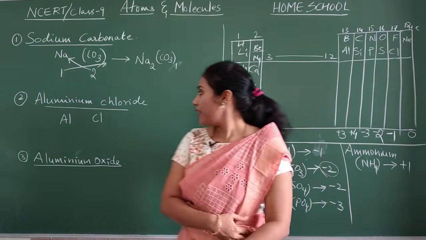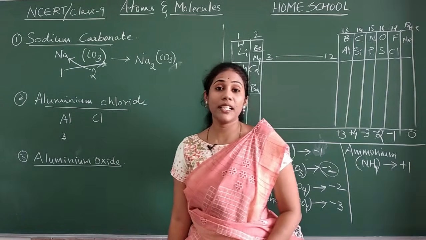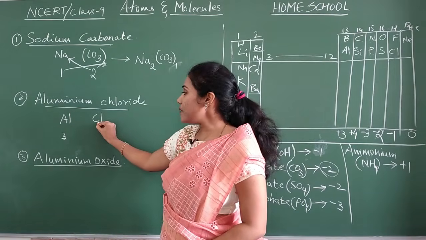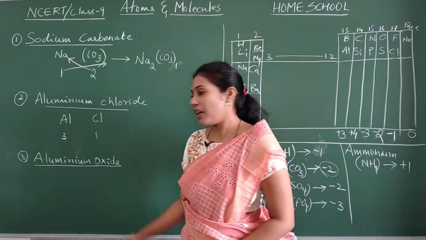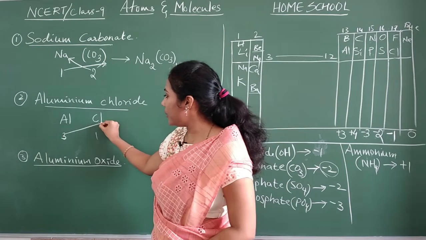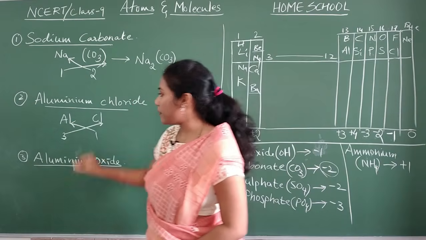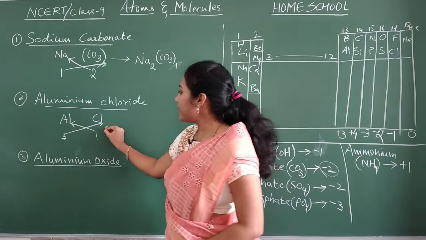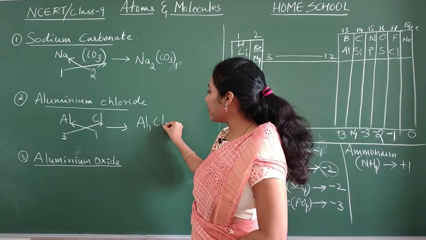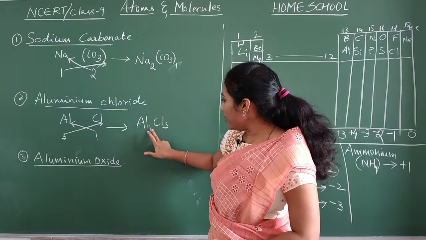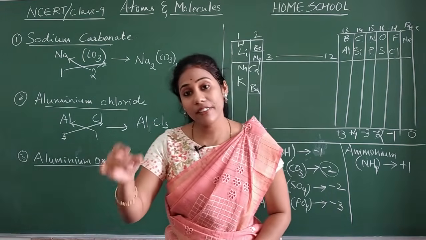Only for the elements I am talking. Okay, fine. Aluminium valency +3. Plus I no need to consider. Only 3 you can consider. Cl's valency -1. Just consider 1. Now do crisscross. Crisscross in the sense, this number you will write as a subscript for Cl. This number you will write as a subscript for aluminium. So what is the formula you will get? Al1 Cl3, isn't it? So whenever 1 is there, you no need to mention it. If nothing is there, it is understood that there is 1.